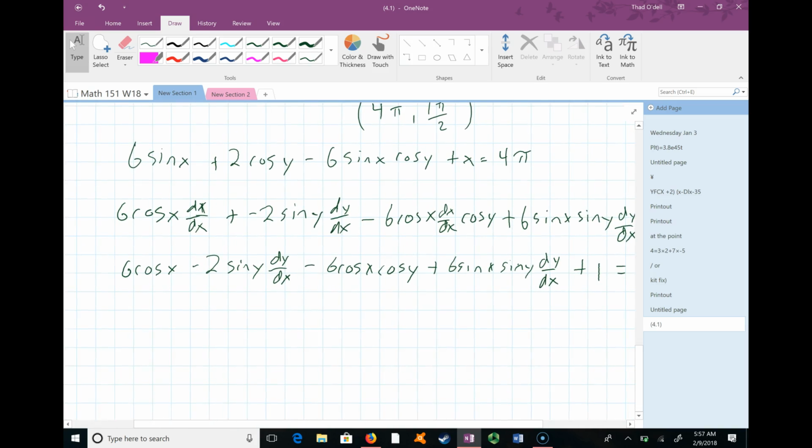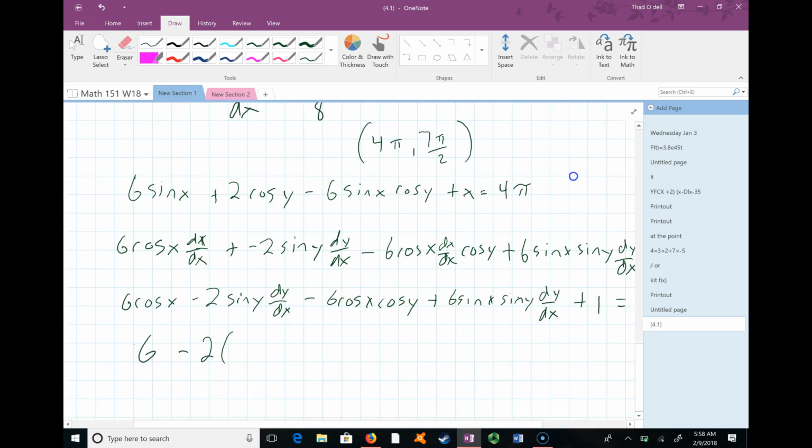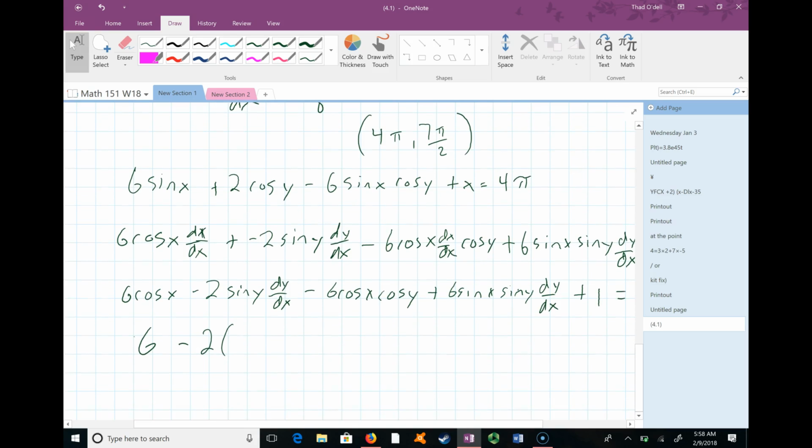So then I can go through and plug in all the numbers. So this would be cosine of 4 pi. So cosine of 4 pi would be 1, so that'd be 6 minus, and this is 2 times sine of y, that'd be sine of 7 pi over 2, which would be, let's see, sine is 0 at all the pi over 2, so that would just be 0. So that whole thing's going to disappear. And this is going to be 6 times cosine of 4 pi, which would be 1 again. And then cosine of 7 pi over 2, that's,